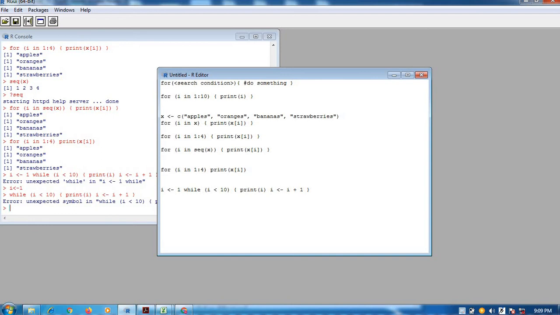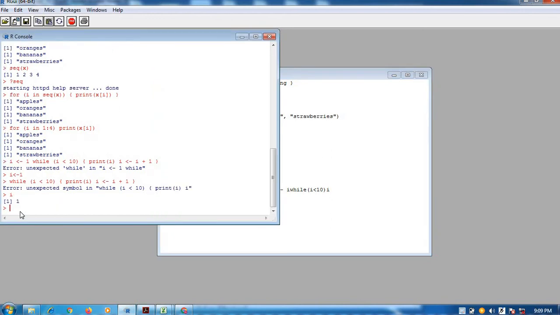So very first, while I is less than 10. This is a condition. Let me check I is having some value. Yes, 1. Now we are writing while I is less than 10. Okay.